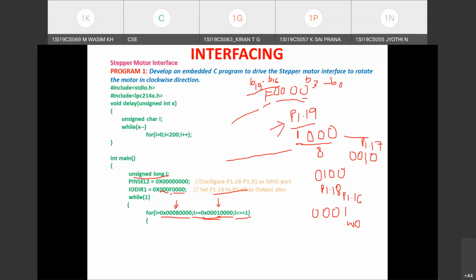So once these 4 iterations are completed, again I need to start supplying the voltage to winding 3. Only 4 times this inner for loop will be executed. After that, control comes outside the inner for loop, where we are having an infinite while loop. Again, the process is repeated. We'll reinitialize I to 0x0008 followed by 4 zeros. Then we'll test the condition. Is it greater than or equal to 0x0001 followed by 4 zeros? If it is true, it enters. 4 times, the for loop will be executed. So this process keeps on repeating.